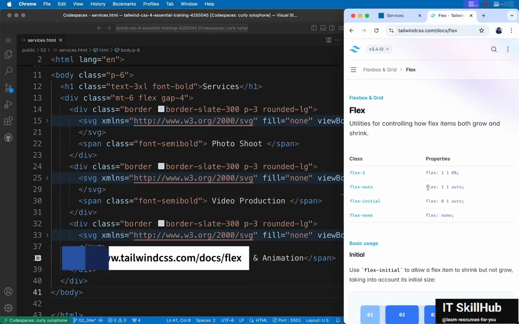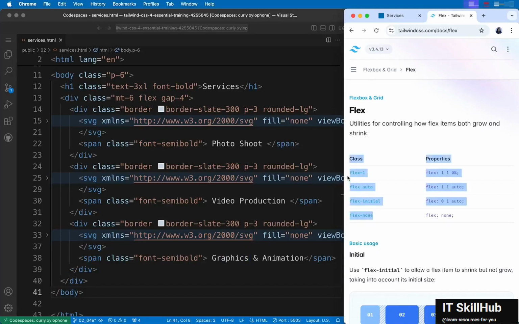This behavior is changed using the flex CSS property, not the flex class which sets the display property to flex, but instead the flex CSS property, and in Tailwind you have 4 utility classes for 4 different flex values. Now each of these flex values have a combination of flex grow, flex shrink, and flex basis. We'll see what individually all of these mean, but together there are 4 values that you can use, and the default is flex initial, which means an item does not grow to occupy more space, but it shrinks. And its initial value is set to auto, which means it occupies space based on the content within.